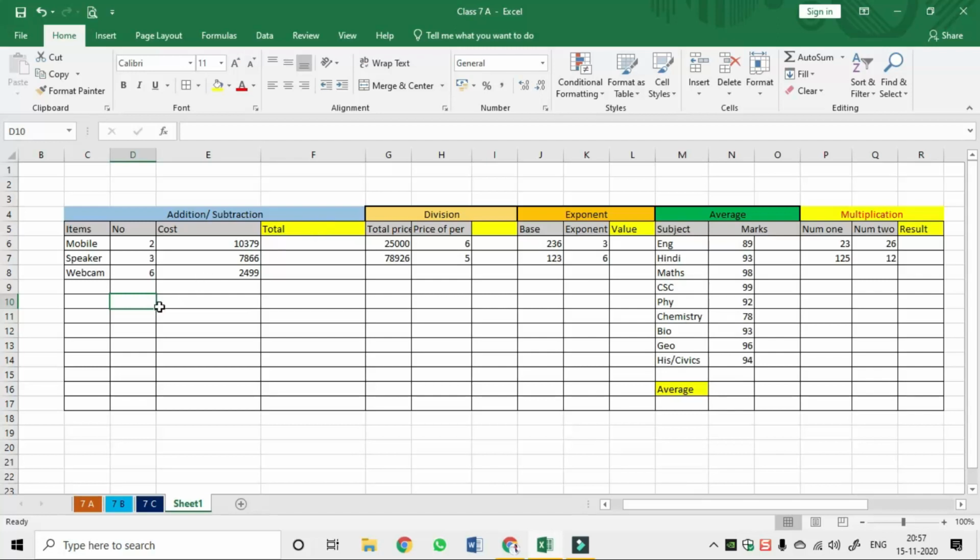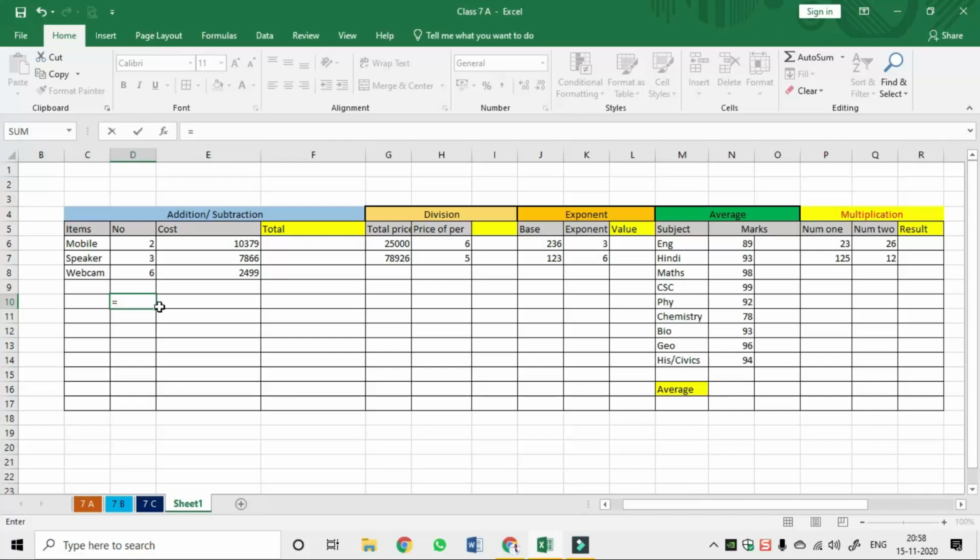Now here, whenever you do any function, you have to put the equal sign. You can find it near the backspace button on your keyboard. Just press the key near the backspace key, and once you press it, it gives the equal symbol. After that you have to follow with the numeric value.